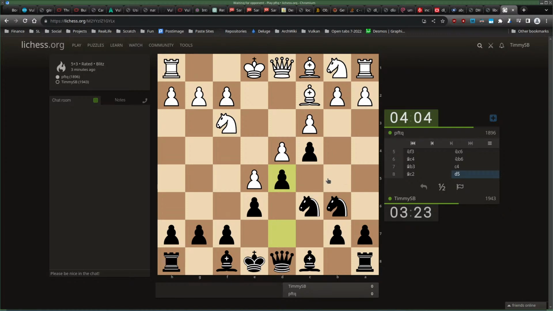So almost everyone takes en passant when they can. Just like, oh, I can take en passant. You probably didn't see that. No, it's not taking en passant. Well, you have to feel